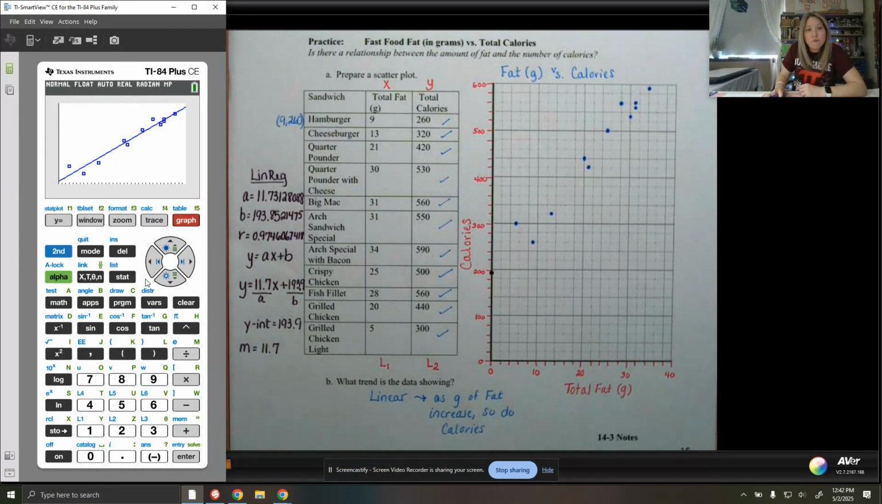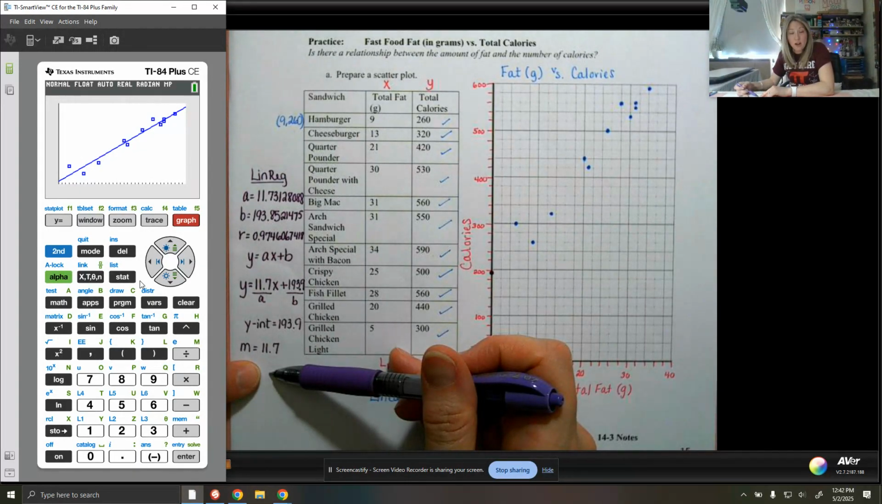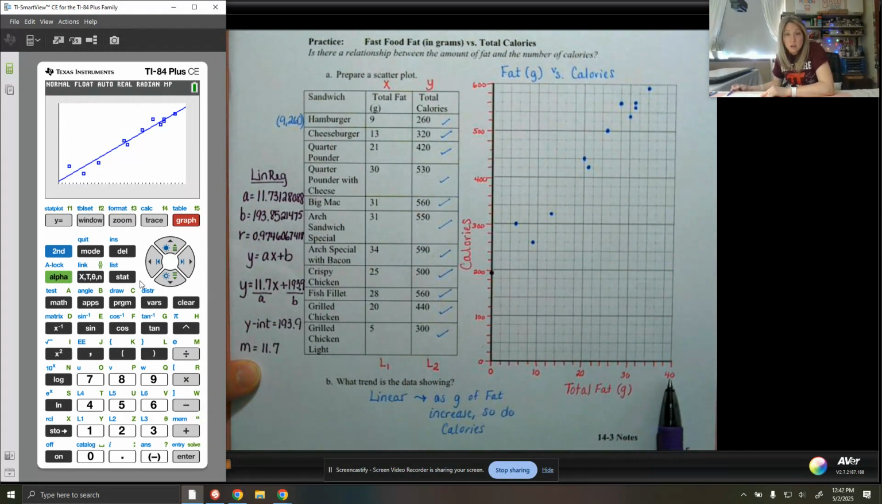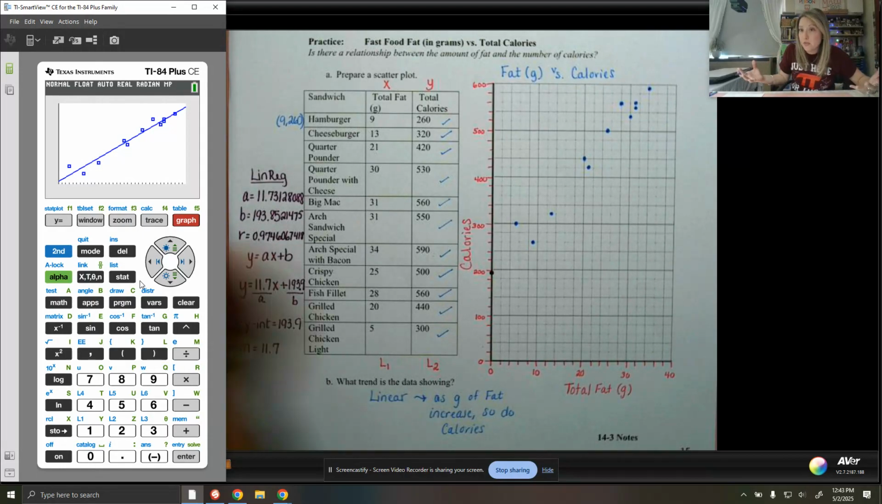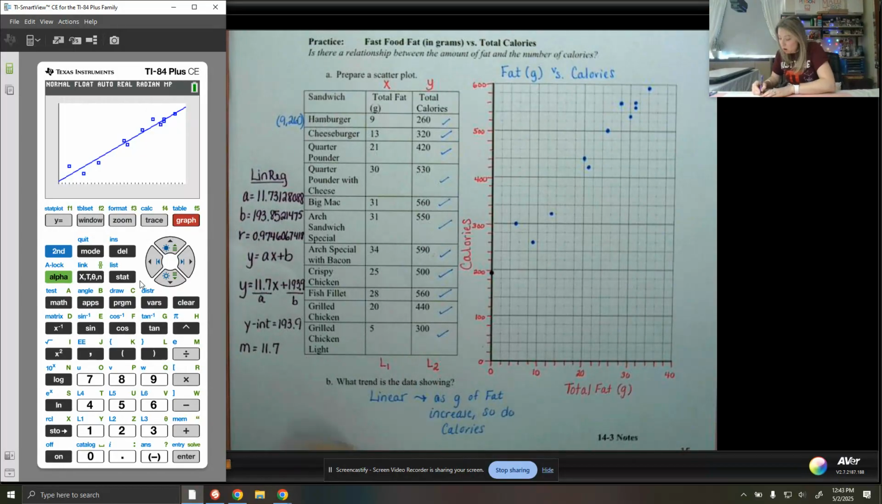That is telling me that for approximately each gram of fat, I am going to get about 11 more calories. Because remember, slope is the change in y, that's my calories, divided by the change in x, that's my total fat. So my slope is describing how I'm moving up the graph as I'm looking at an approximation of a line of best fit, a line that will fit these points the best. Now, these points are not perfectly linear, are they? That's described using the R value,